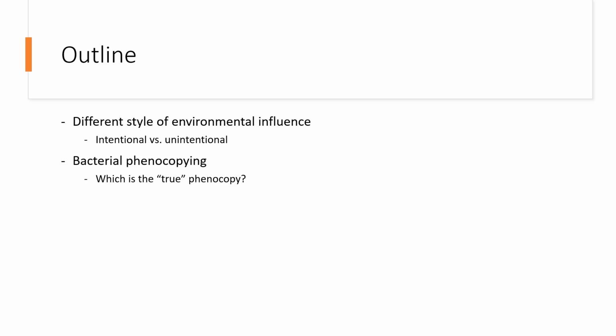Next, we will look at a particular example in bacteria that the author used to show how defining what is a phenocopy and what is a model phenotype can be extremely difficult in some circumstances. Often, in real life, the categorization of living things is not as cut and dry as theory might suggest. We will finish this talk off by looking at some current questions about phenocopying, which warrant more investigation and experimentation to see where we should go from here.